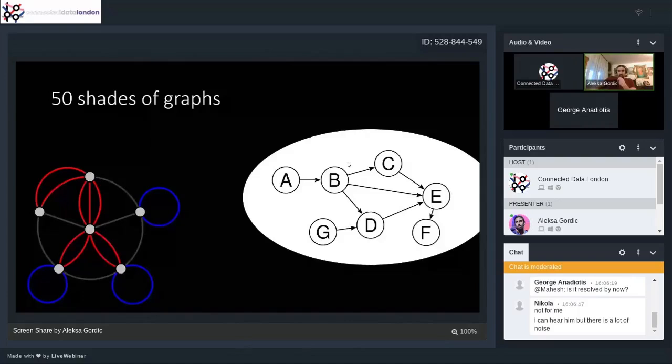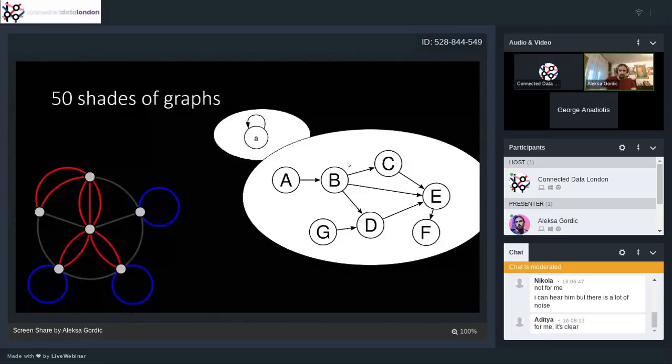But on the other hand, if you have Facebook, and if you're a friend with somebody, the friend relationship is bidirectional by default, so you can't be friends with somebody without that person being a friend of yours at the same time on Facebook. So that's in our example. And then we have the concept of self-edges. So that's what I want to tell you there.